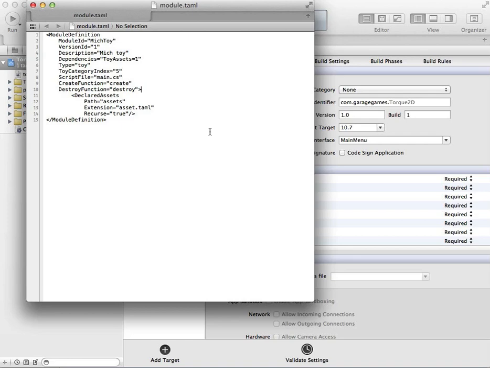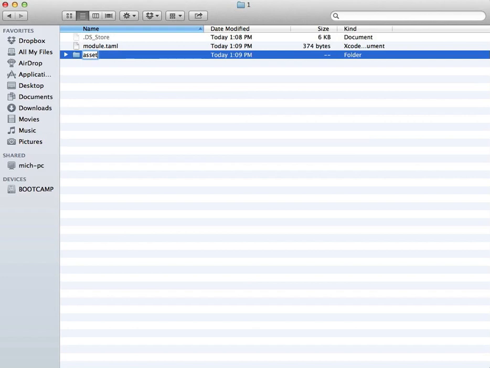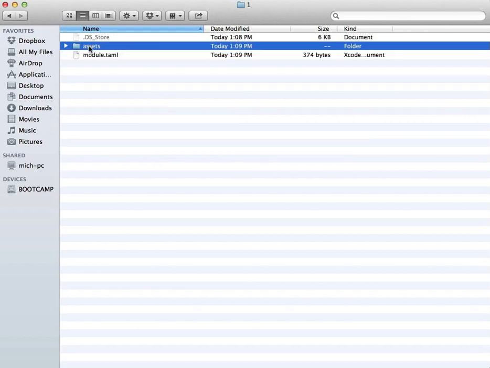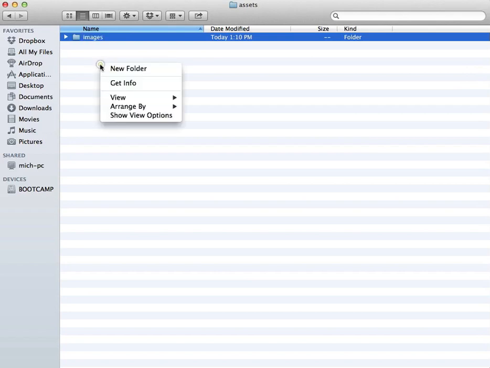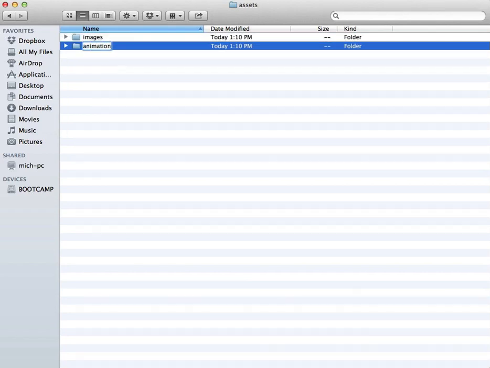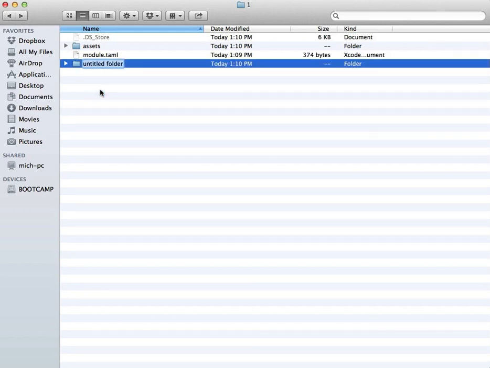I have a personal preference to create any folders I might need before I start creating any scripts or assets. So I'm going to go back into my folder. This is under Mitch Toy. I'm going to create a folder that will have assets. And I usually like to separate out my images from my animations. And then if I have any unique scripts, something that can't fit inside of my main.cs, I usually organize them